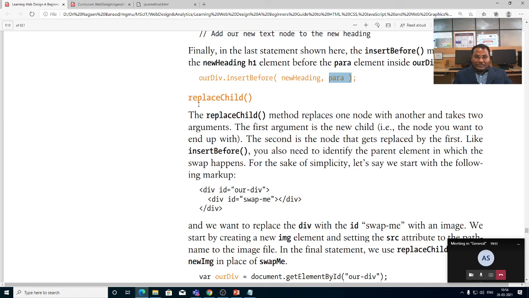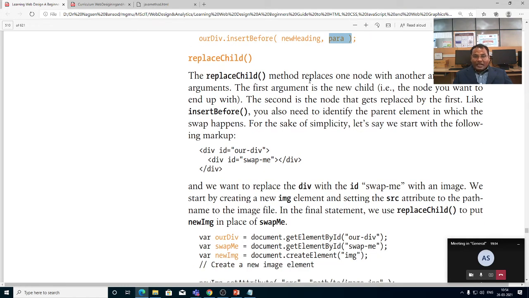Next is the replace child. The replace child method replaces one node with another and takes two arguments. The first argument is the new child, that is the node you want to end up with. The second is the node that gets replaced by the first.